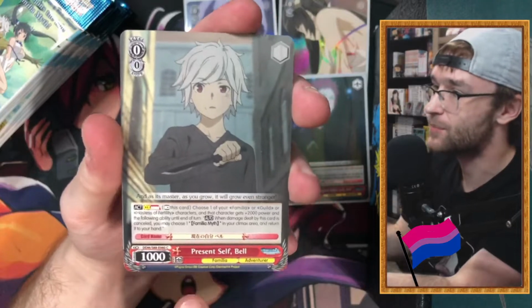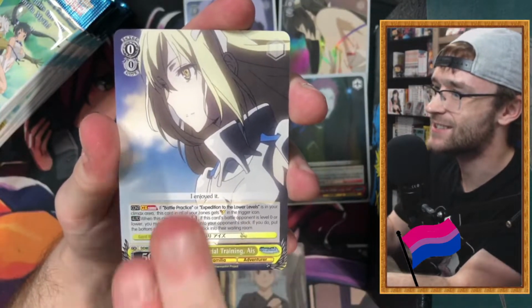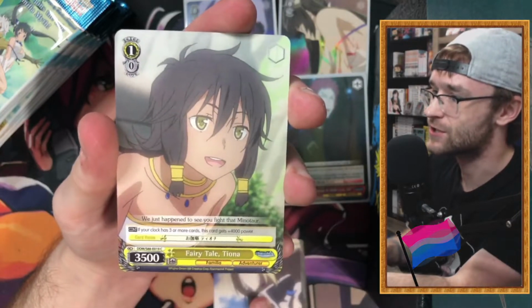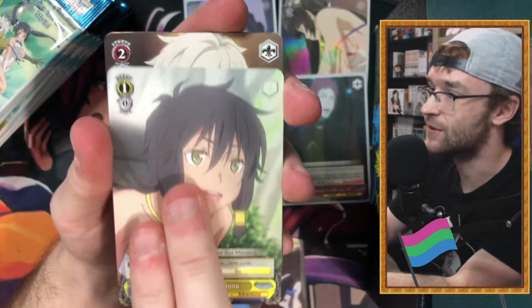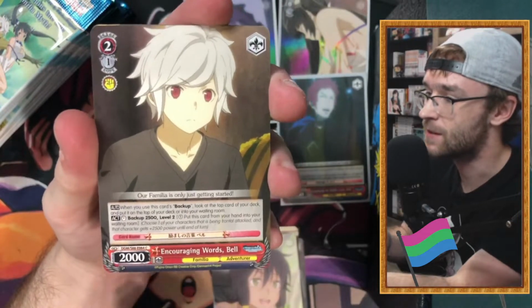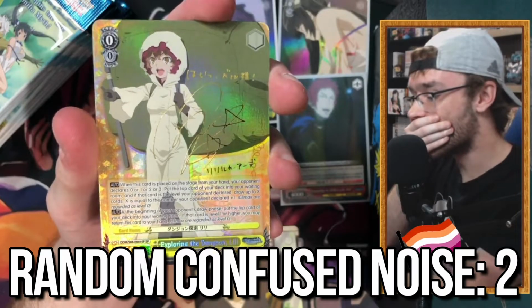DanMachi, very excited. Present Self Bell. Ooh, we got Aiz in here too. I love Aiz. She's just such a great character. Tiona, I love Tiona and Tione. They're excellent people as well. We got another Bell right here. And his name is John C. Oh, what? Wait,